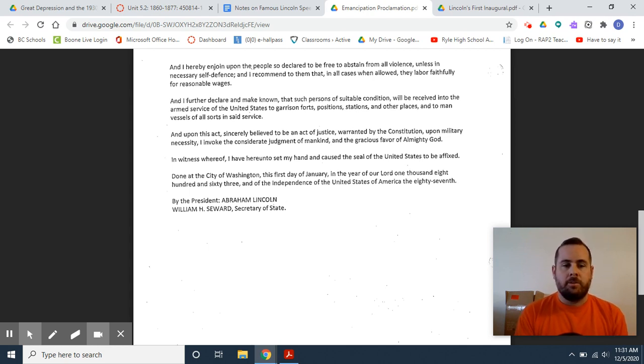You remember during the American Revolution, who comes to our aid and recognizes our independence? France. And they formed a treaty of alliance, and then they're right there by our side when we defeated the British at Yorktown. In the same sense, the Confederates were counting on Great Britain or France to recognize and join them in their fight for secession. And this proclamation essentially says to Great Britain and France, keep out. If you join in and recognize them, you are now on the immoral side of history, you are going to fight in favor of slavery. And Great Britain and France won't do that.